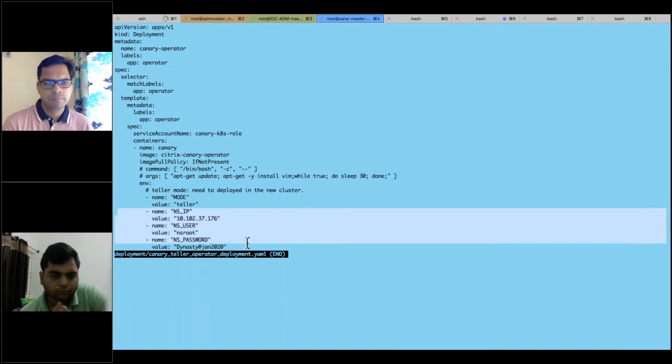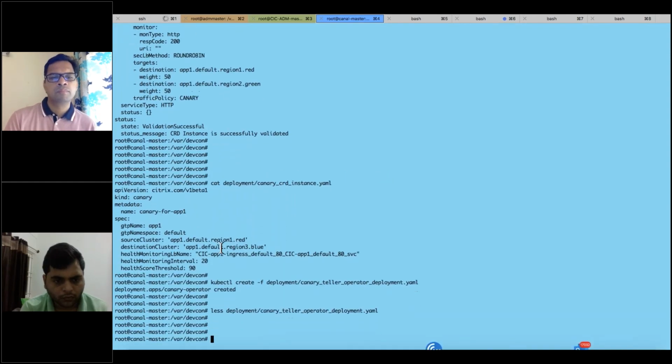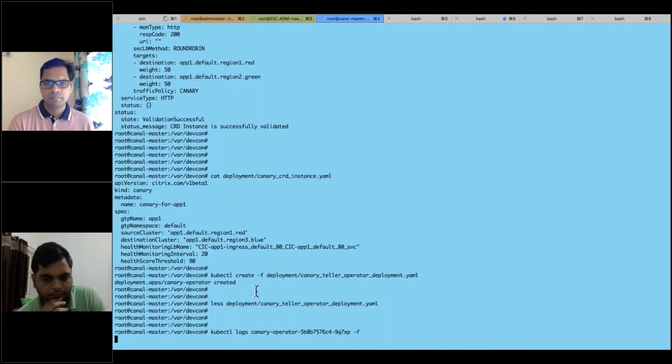These are the parameters used by the teller to verify the statistics right now. Okay, this is where this IP and this one are. So it will get the LBV server statistics from there. We'll check the logs here. Which statistics are we using to take the decision to roll out or roll back? So right now we are